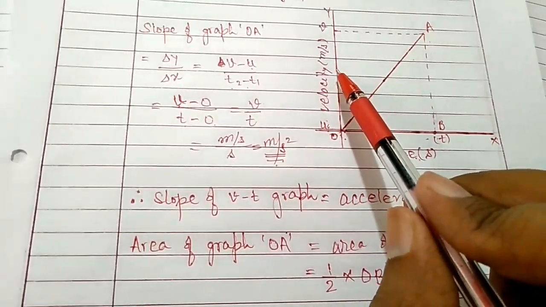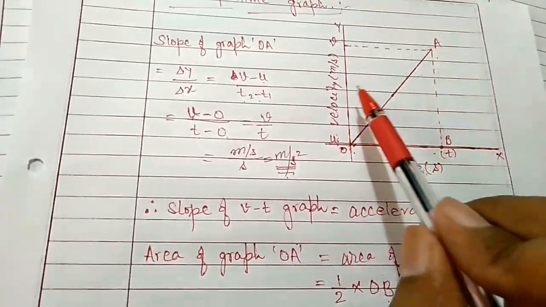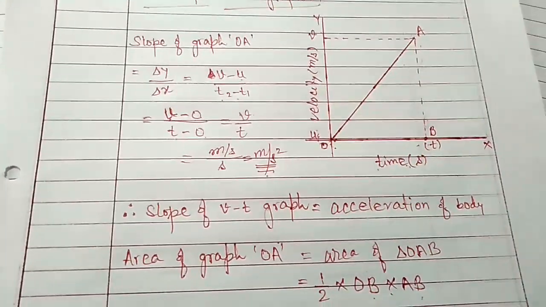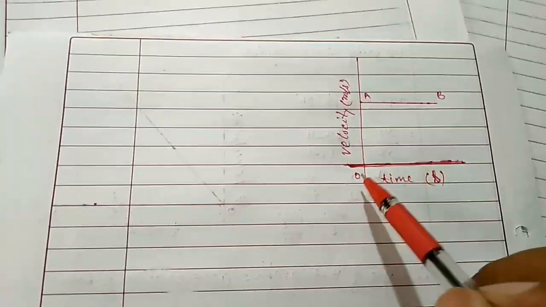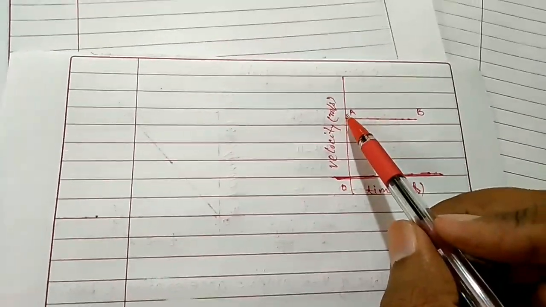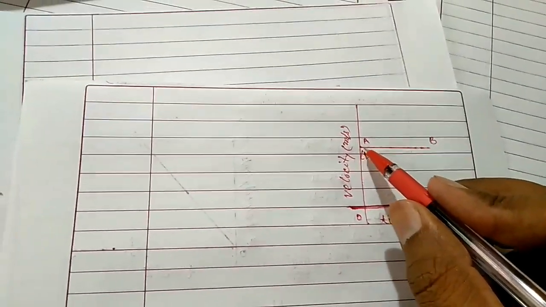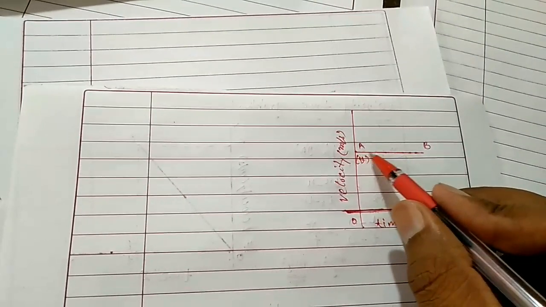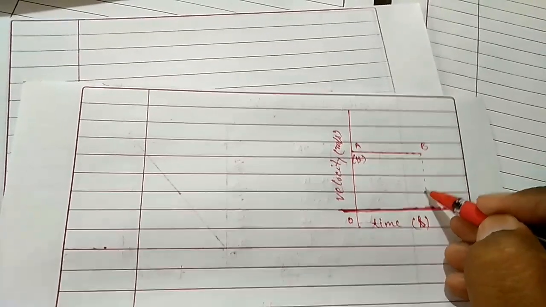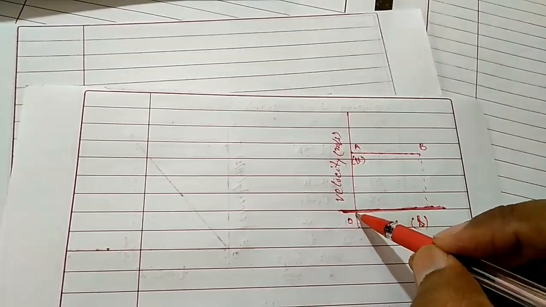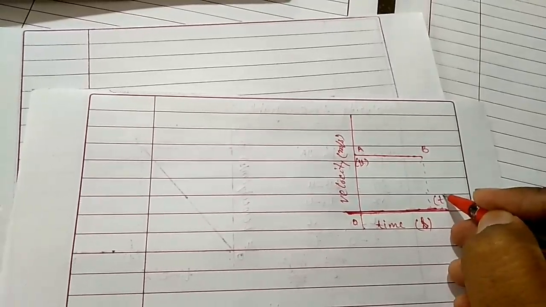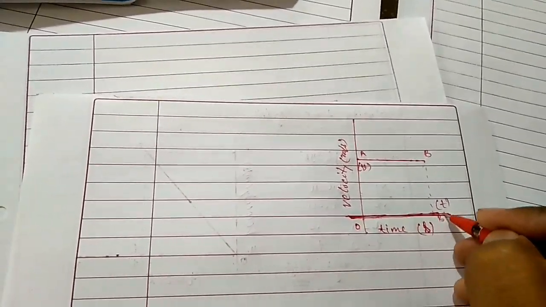Now let's suppose the motion in the velocity time graph, the second example, where the graph is horizontal to the time axis. I have named origin O and the graph with A and B. Let the velocity here be V, and you can see the graph is horizontal, means throughout AB the velocity is V only, or you can say constant, but the time is changing. At A the time was 0, at B let the time be t.